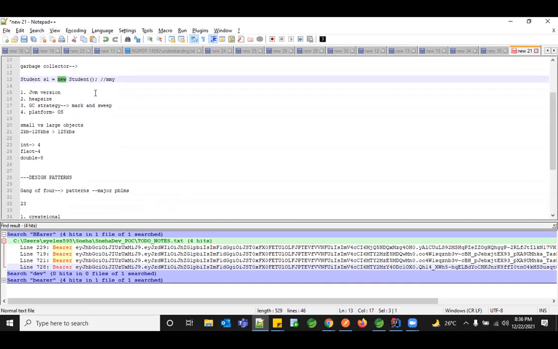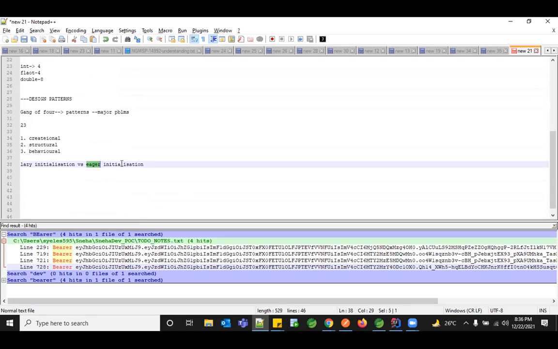Some of you are eagerly initiated. So eagerly is like they wait: who is going to request my object access? Only then I'll create an object. Till then I won't create an object. So on purpose, only on request will I create an object, right? For that purpose, I go with the eager initialization. So how can I differentiate them?